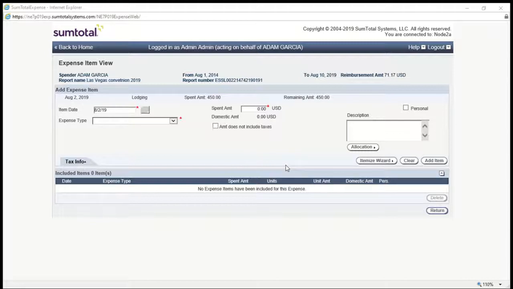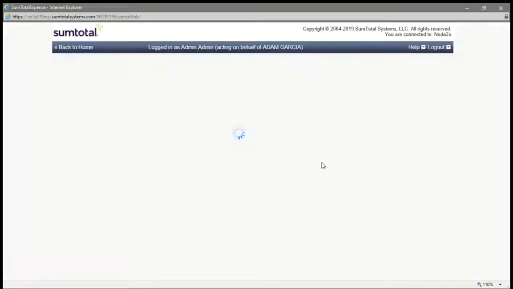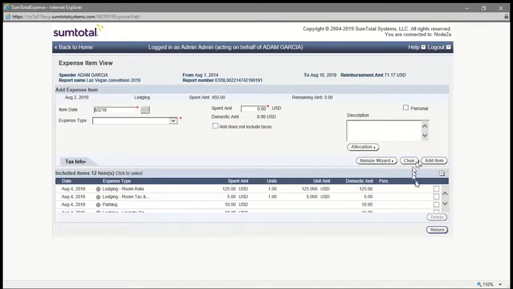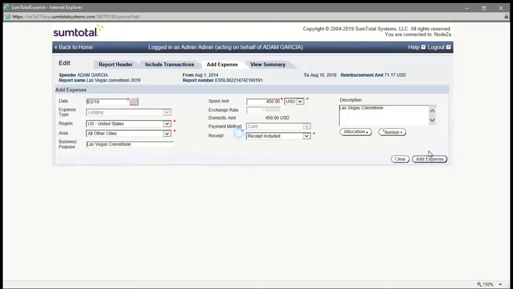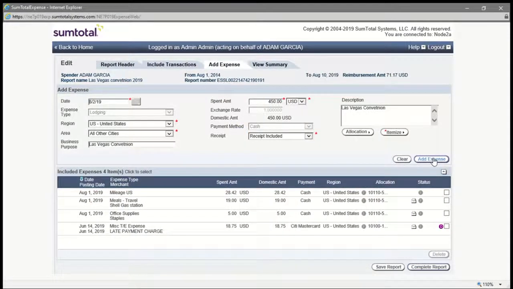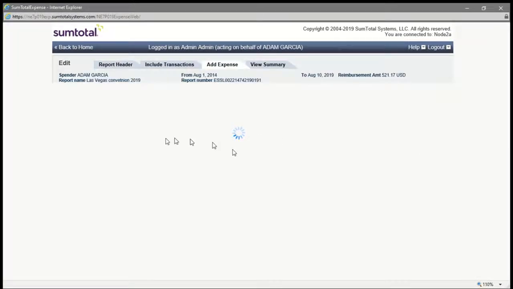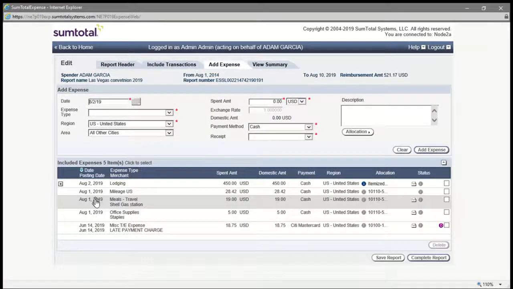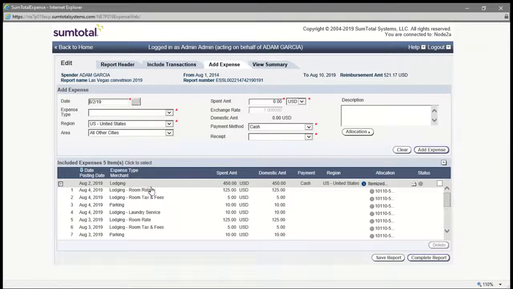Let's say it was $10 per night, so that will bring me down to 0. You click on done once that balances, and then you click on return, and you click on add expense, and that's going to bring down my hotel expense. And if you click on this plus sign box, you can see that the wizard automatically